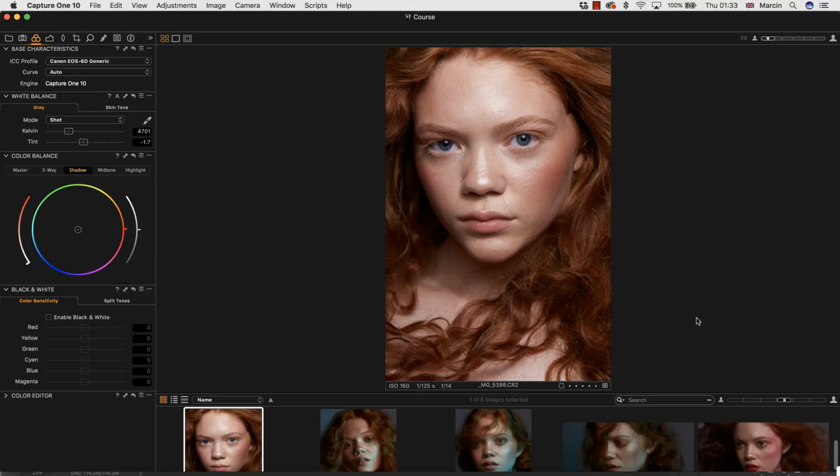And I know many people use Capture One to process their images. That's why in this course I also want to include this software, because I want to make this very universal for anyone, no matter which software they are using. So let's just do a small